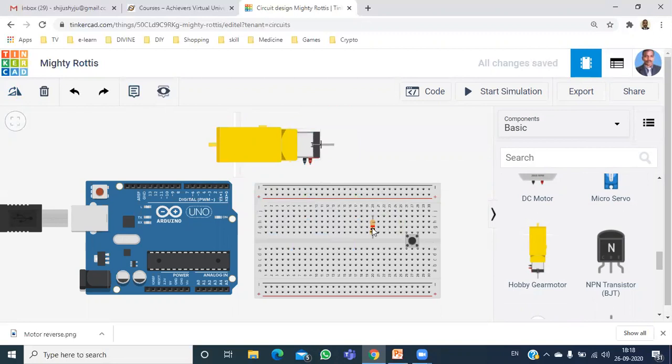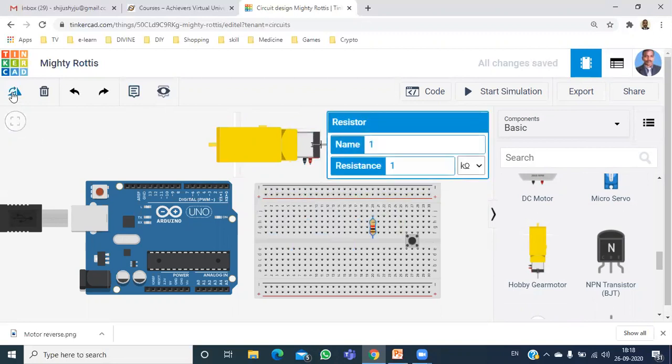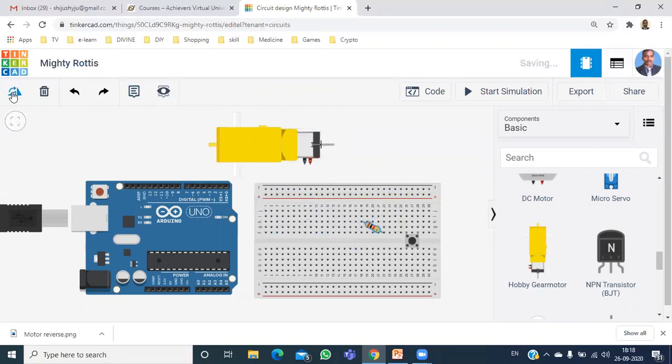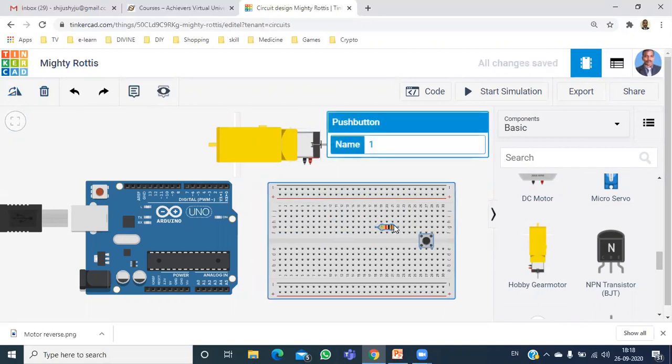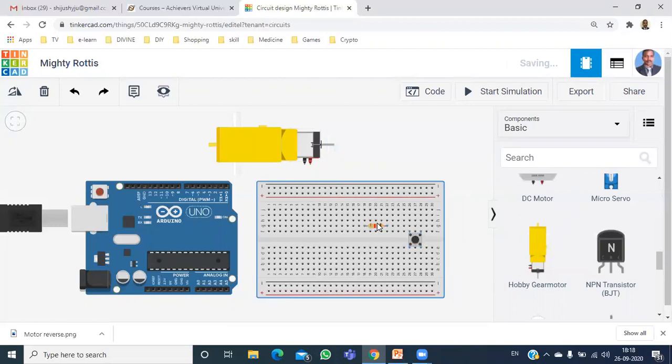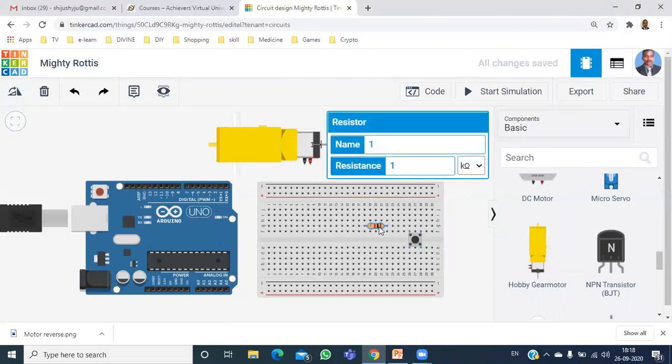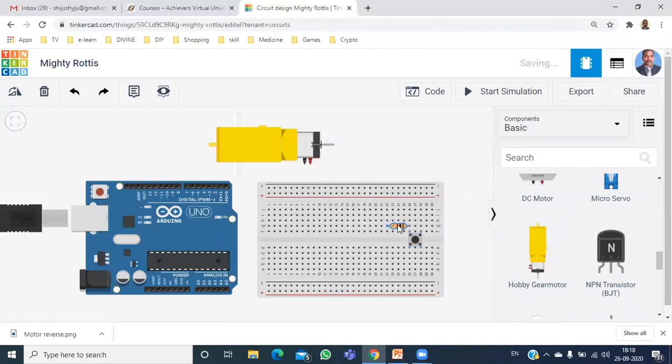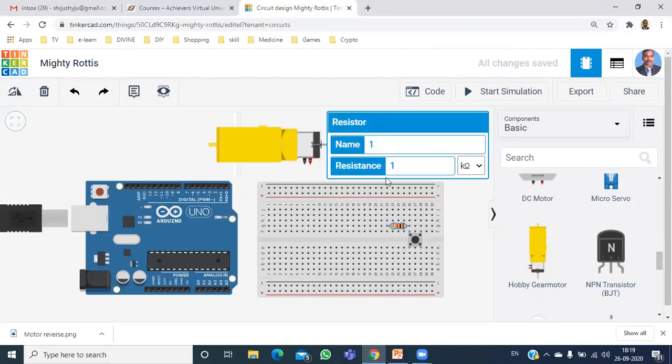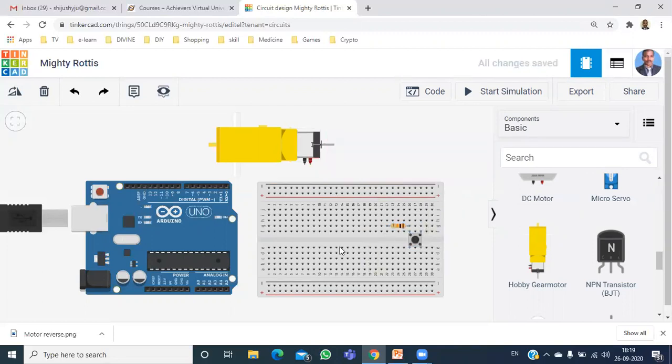So let me rotate this also, and its value is 10K. So let me take the ground and 5 volt first.